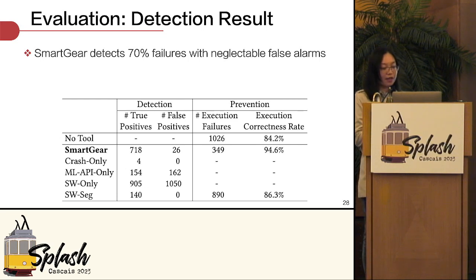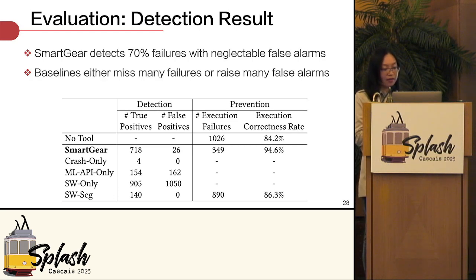For the 300 incompatible ML API outputs missed by SmartGL, there are mainly 2 reasons. First, 60% of the false negatives are focus mismatches, which are not only common but also inherently difficult to detect. Second, over a third of these false negatives are incorrect API outputs. SmartGL fails to detect them as it assumes that the ML API is reliable for most of the cases. In comparison, the four baselines either miss many failures or raise many false alarms.